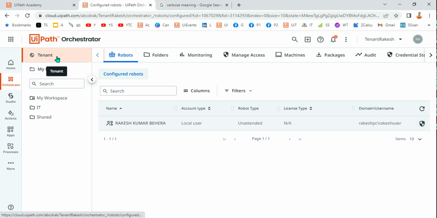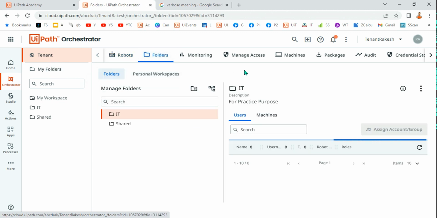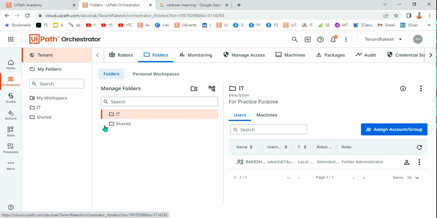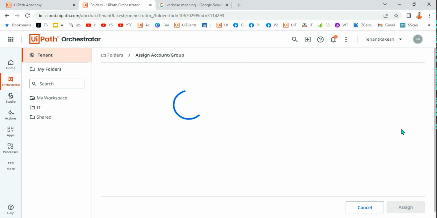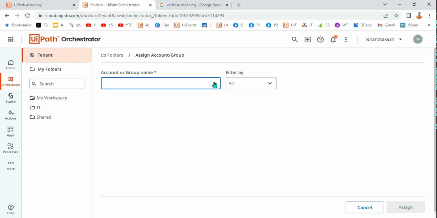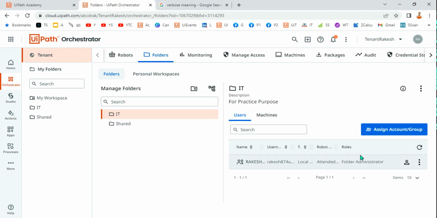So if I go to tenant, hit on the folder, go to tenant and hit on the folder. Now when I am registering a user into Orchestrator, for example, I have registered myself. I have added, you can also add, assign account and group names, or the username. You can add more people, because this is the community edition. I'm teaching, so I have added, anyways, by default my name is there. So here,